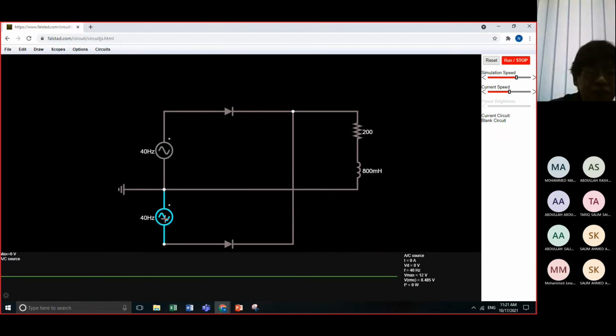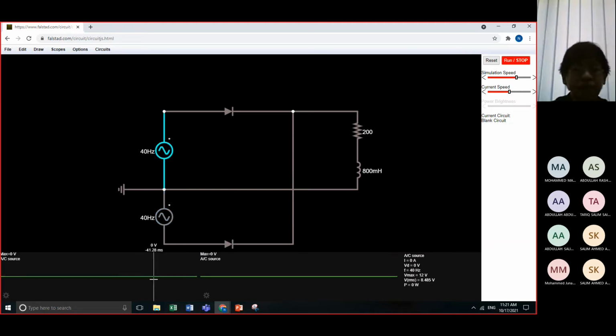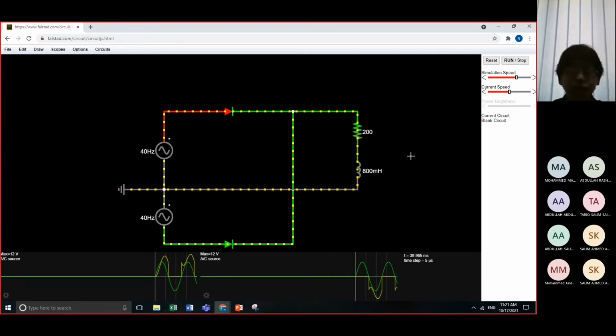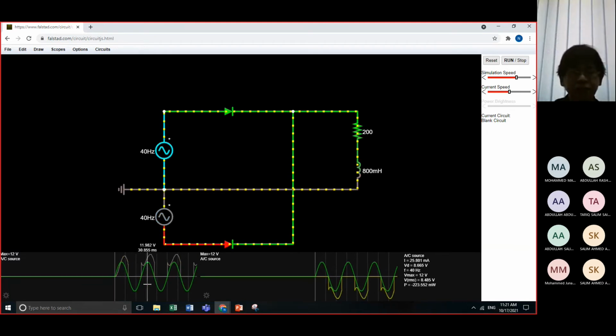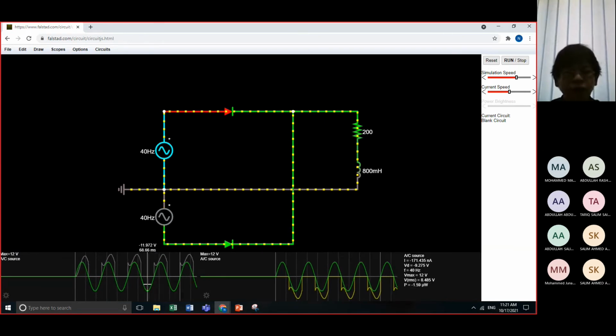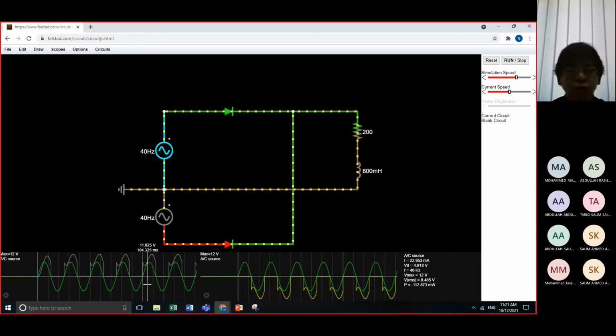Here also right click, view new scope. So this is for diode number 1, and here for diode number 2. Okay, then run. As you have noticed, class, what is now indicated here is the input and output waveform of diode 1 and diode 2.